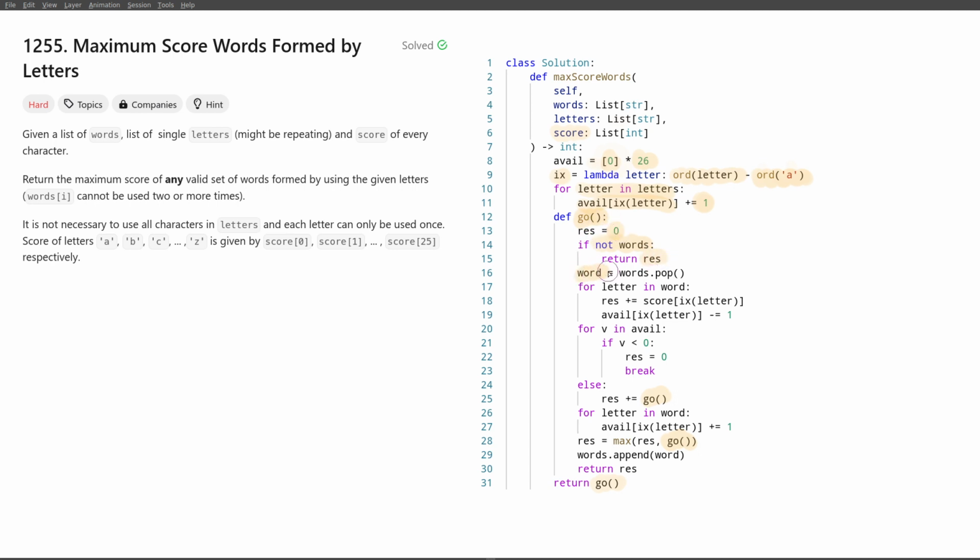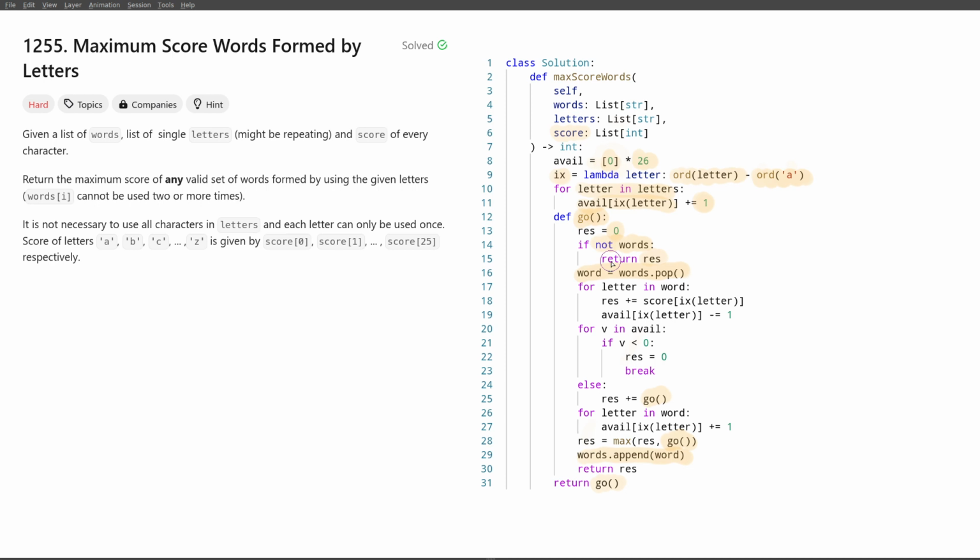Otherwise, we take the next word. At the end, we have to remember to return that word again to the list of possible words. But for the duration of this execution, this word doesn't exist, which is why our recursion will stop. And we have two choices. One choice is not to take that word, which we'll look at later, and the other choice is to indeed